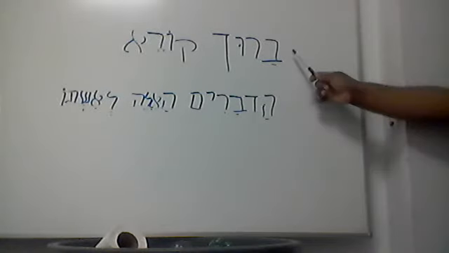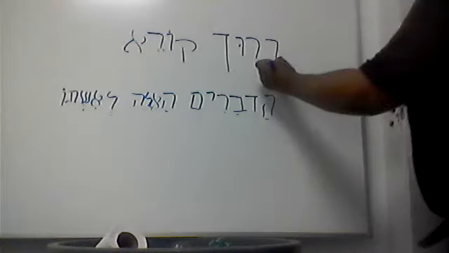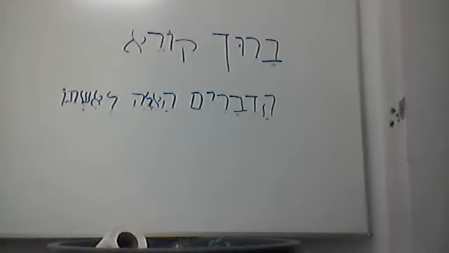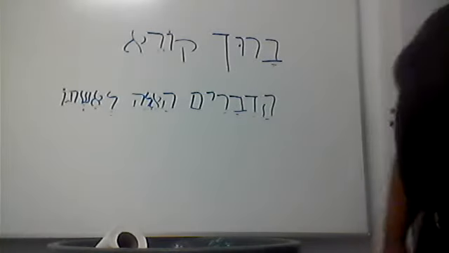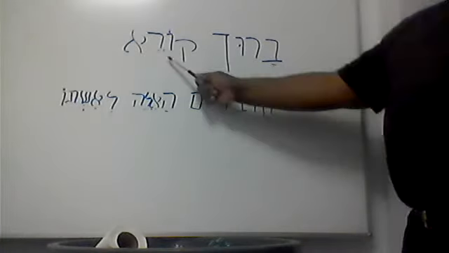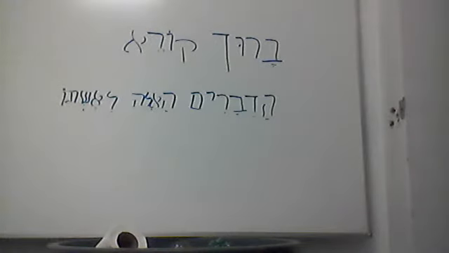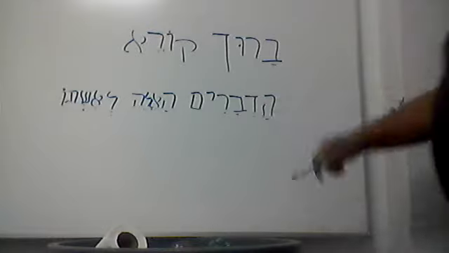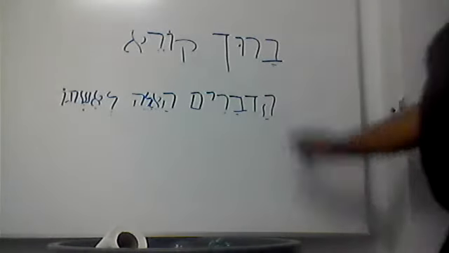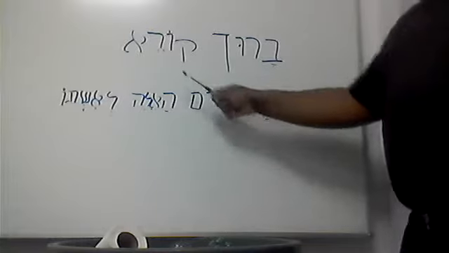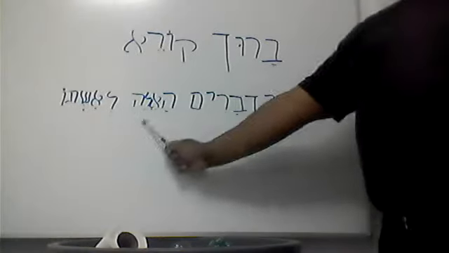Now this Baruch that we see here is treated as a name of a male. It's a male, it's a person. In this particular regard, but we already know Baruch means blessed. Baruch Koreh. Remember this word right here from the word Kara, meaning what? Means to read or to call. Baruch Koreh. Baruch is reading. Hadbarim ha'ele le'ishto.